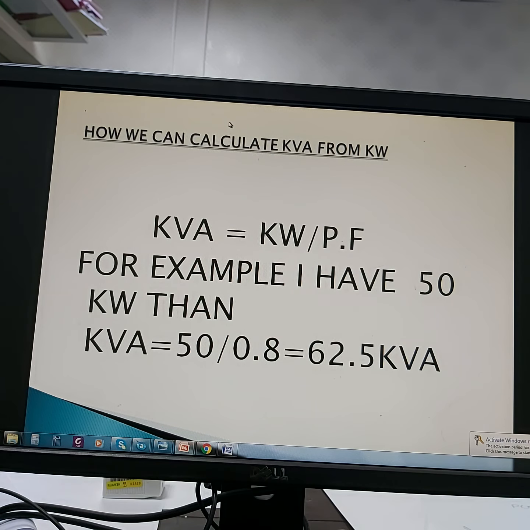So whenever you are going to convert kVA into kilowatt or kilowatt into kVA, you can convert by using this rule. But one thing is very important. This 0.8 power factor is different in different regions. If this power factor is 0.9 in your country, you have to divide power by 0.9. Here in my region, its value is 0.8. That's why I divide my power with 0.8.